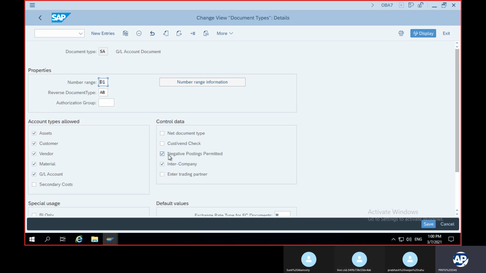Intercompany postings will be allowed, negative postings permitted, but not secondary cost. This SA is not applicable for secondary costs, meaning you cannot post direct entries to secondary cost. Okay? So what I will do is click on this number range.